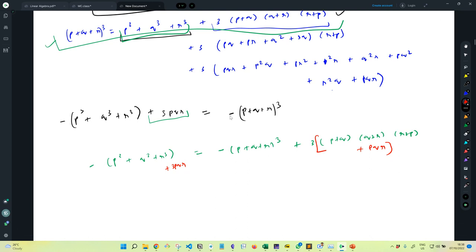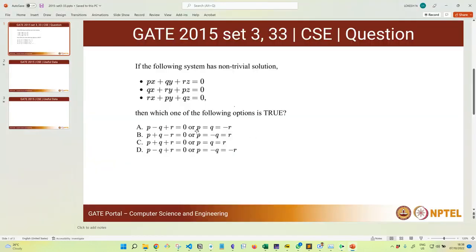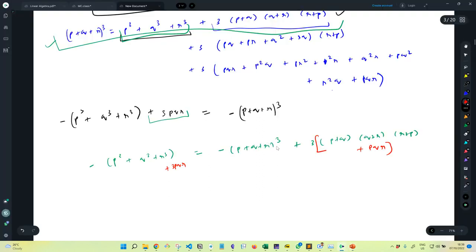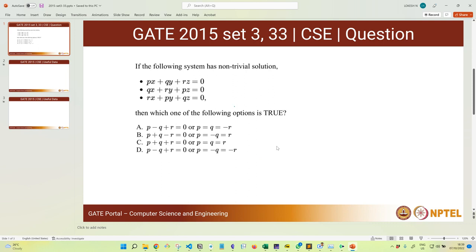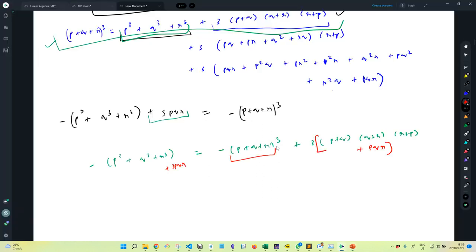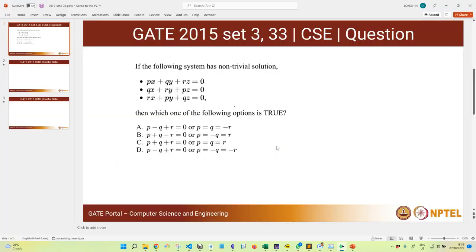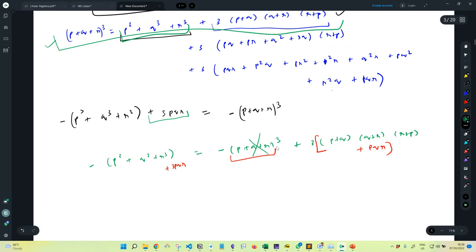Now we want the determinant equal to 0, right? Now let's see if there is any condition that satisfies determinant equal to 0. Let us take the first equality. Actually, if you see here, I have this term p plus q plus r, right? Let us search for an option that assigns p plus q plus r equals 0. Then you can see here, like option C, basically they are telling p plus q plus r equal to 0. When p plus q plus r equals 0, this quantity will vanish away. Then we need to make use of the second condition, that is p equals q equals r. Now what will happen when p, q, r are equal? So basically you will have